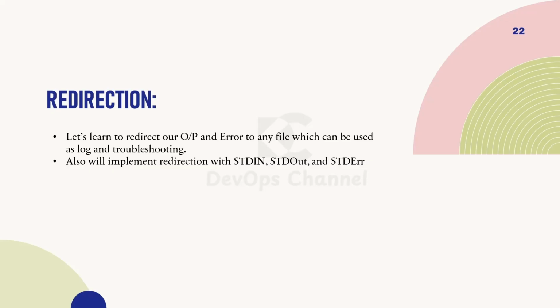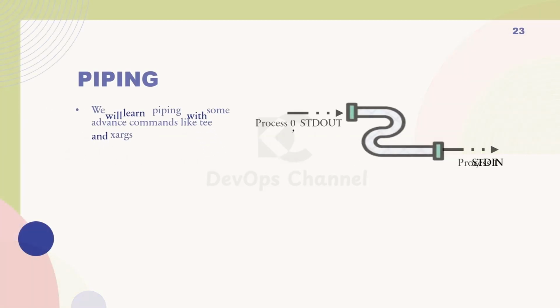Hi friends, in the earlier section you have learned about standard input, output and standard error, and you have also seen how you can use them to redirect to any files, whether it is standard input or standard output. In this lecture we will learn what piping is and how you can use it, and also you will see some advanced commands like tee and xargs with the